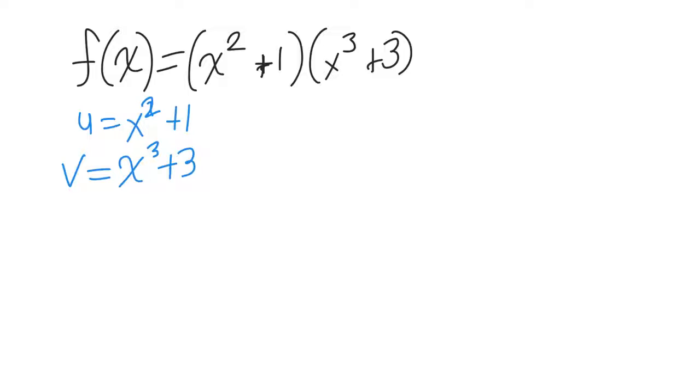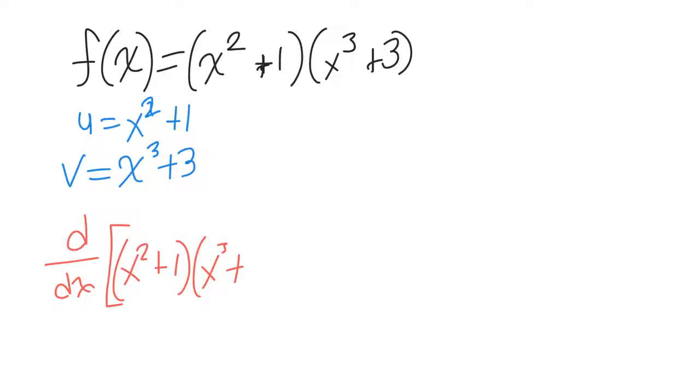So using the product rule, we're going to now figure out our first derivative. So if we are finding the derivative of x squared plus 1 times x cubed plus 3,